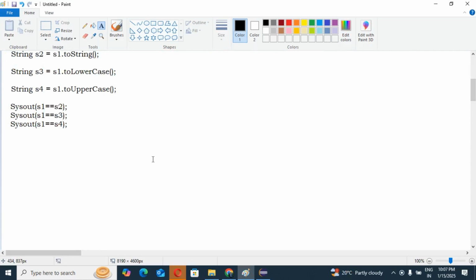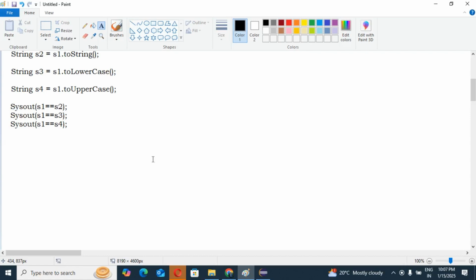So guys, the thumb rule is very simple. You need to understand what is the string immutable concept. The string immutable concept is very easy if you understand it properly. Whenever you create any string object, we are not allowed to change its content.